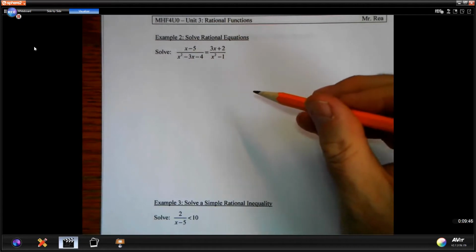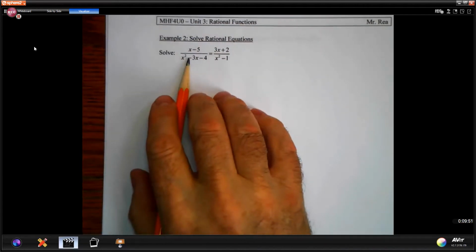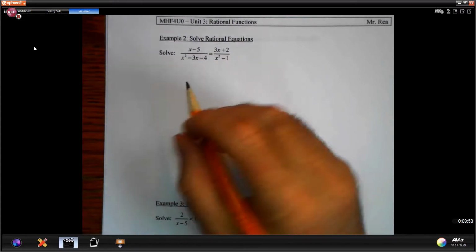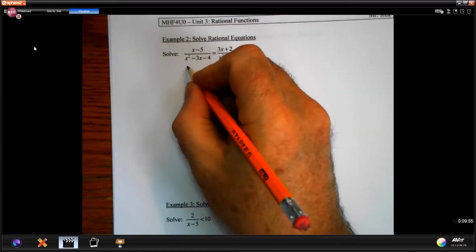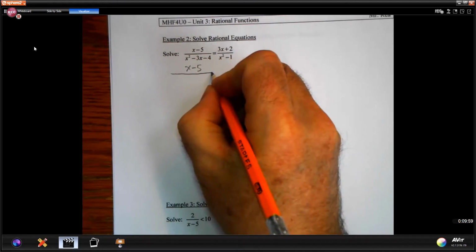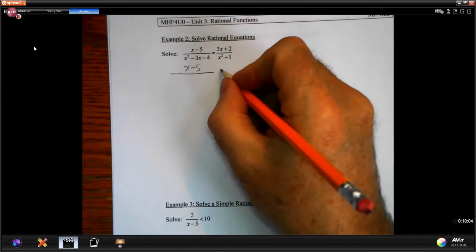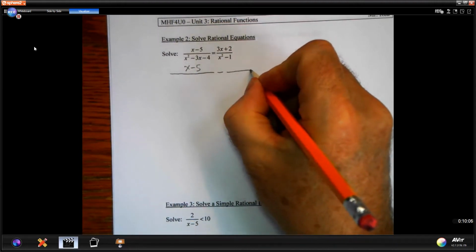And it doesn't really matter which way you go, it'll still work. I'll keep the left side as it is and subtract this from both sides. So that would look like this: x minus 5. Now while we're doing this, I'm going to put my subtraction here, 3x plus 2